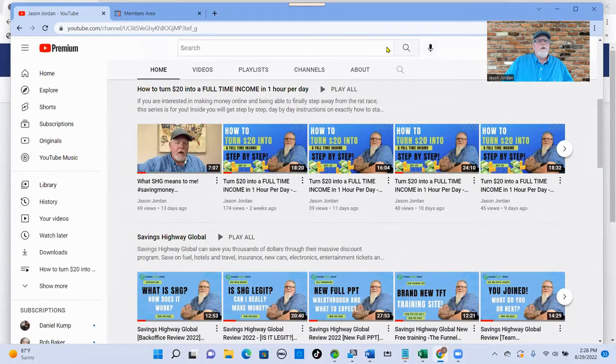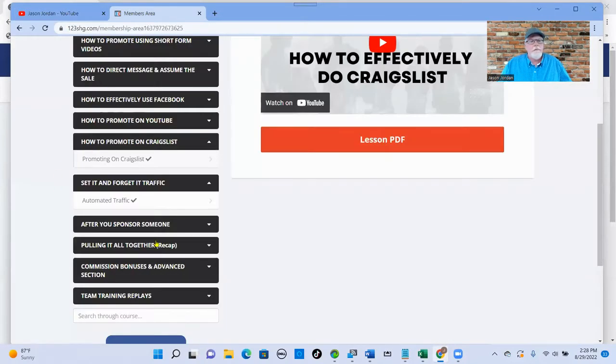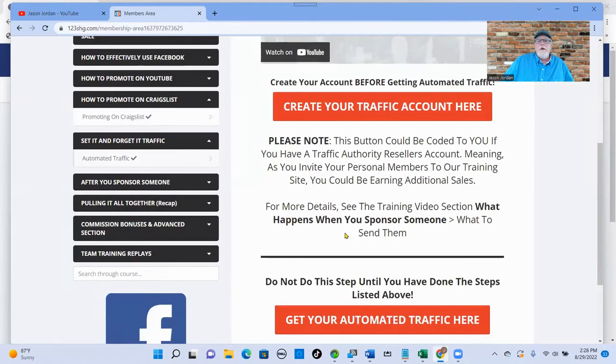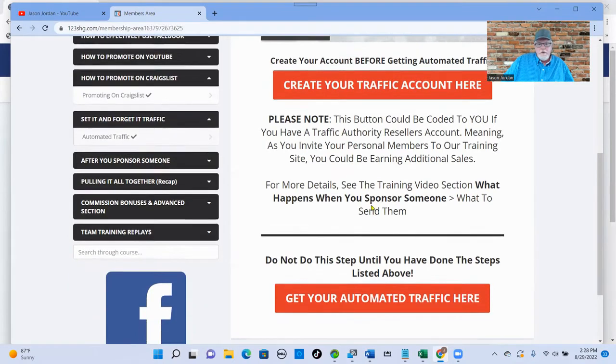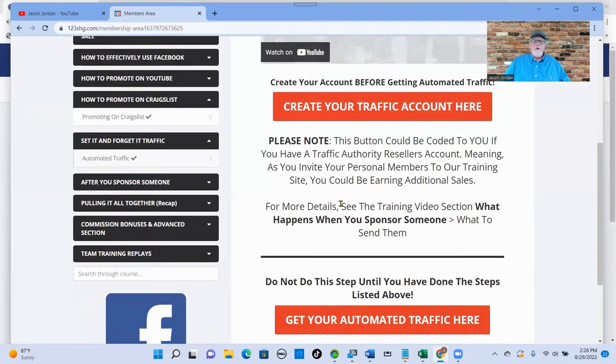And we're going to go into the members area, which I'm already in from the last one. And you're going to go right here to set it and forget it traffic. This is where you're going to be prompted to set up your traffic account. And then once you do that, you would be brought to the